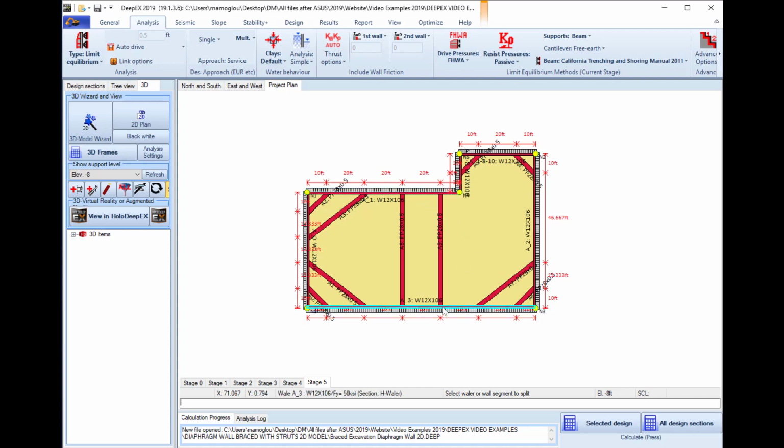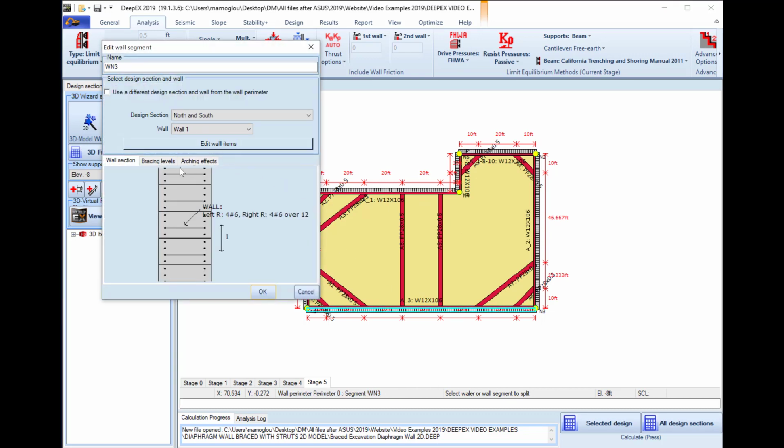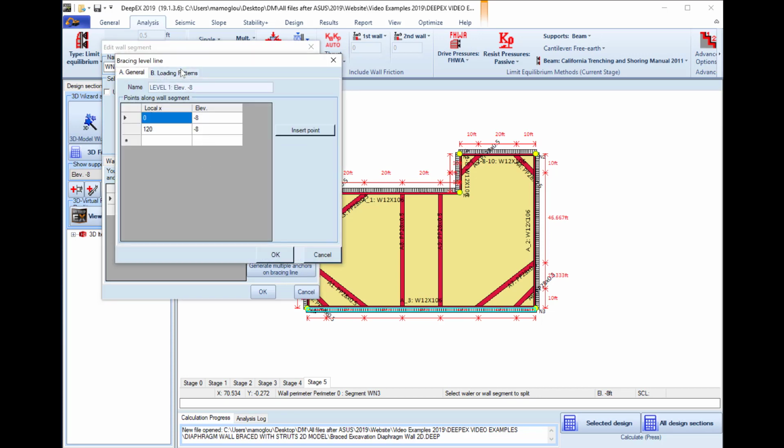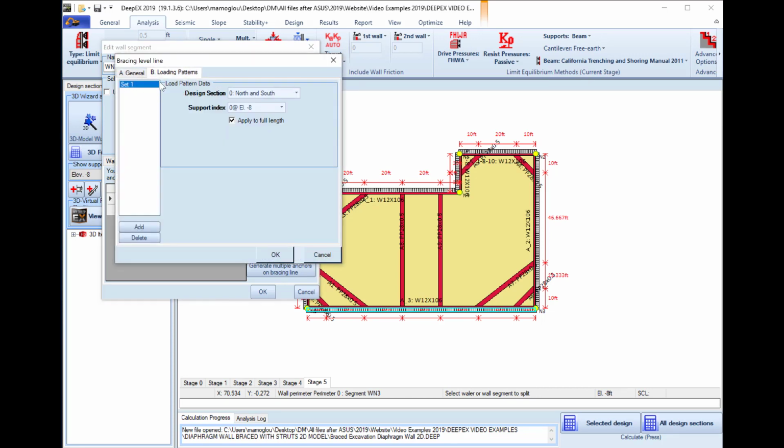Another thing I can do is that I can access a wall. I can go to the bracing levels and I will select generate bracing levels. So the bracing level is generated. It will use two bracing levels at the support elevations of the selected design section, and here I can press to edit and I can assign a loading pattern along this full bracing level on the selected wall, and I can select a design section